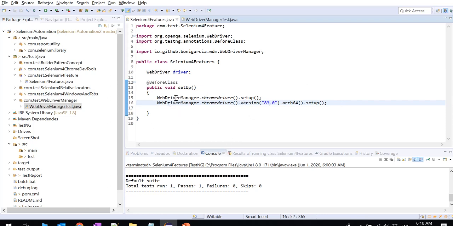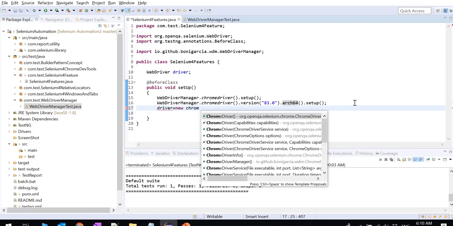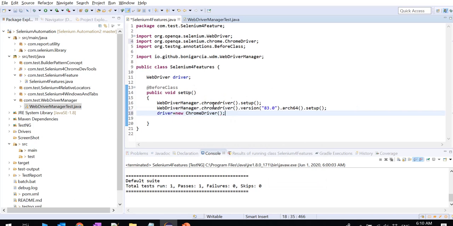If you haven't watched how to launch ChromeDriver with WebDriverManager, it is very useful. It is a library, and the syntax is WebDriverManager.chromedriver().version(), where we pass the version we're going to use, and which operating system. I'm on 64-bit, so we set that up. Now driver equals new ChromeDriver. Now the setup is ready.